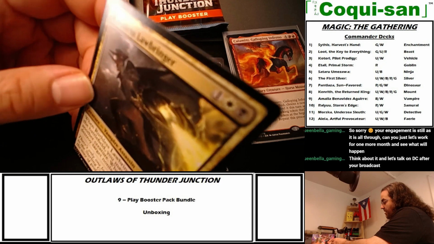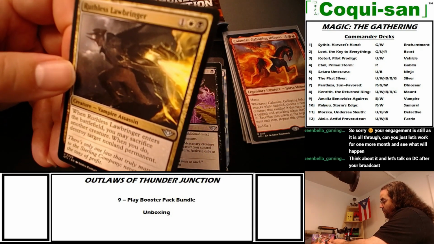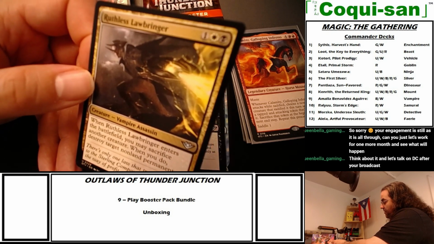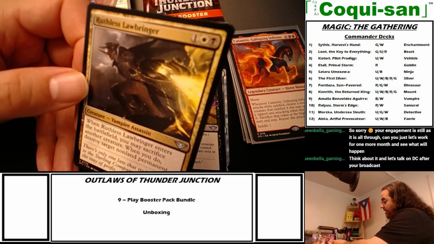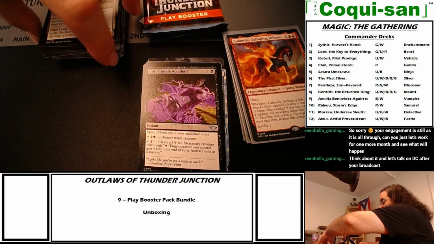Is this good for my vampire deck? For Amalia? 1 mana, white and black. Vampire Assassin. When it enters the battlefield, you may sacrifice another creature. When you do, destroy target non-land permanent. Ooh, it's not bad. It's a good creature. Good way to take out a creature. Although,